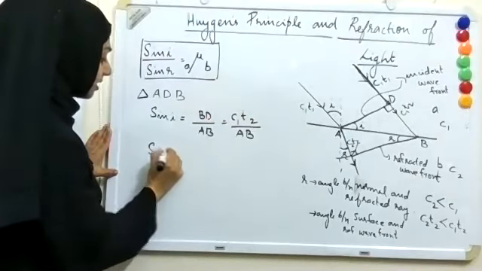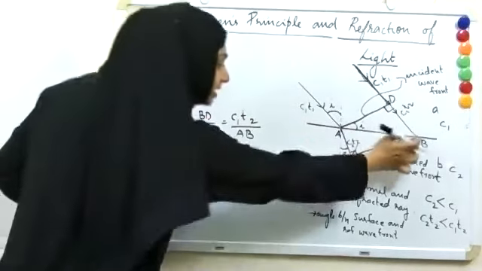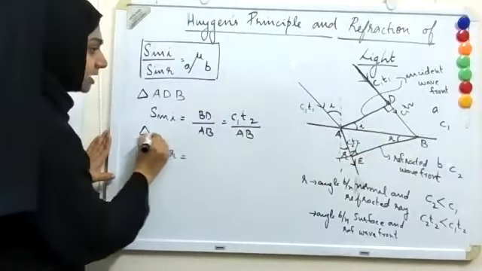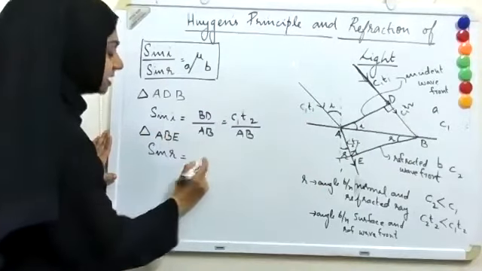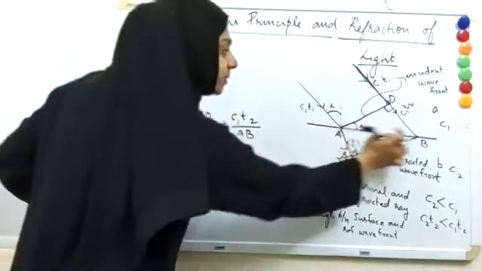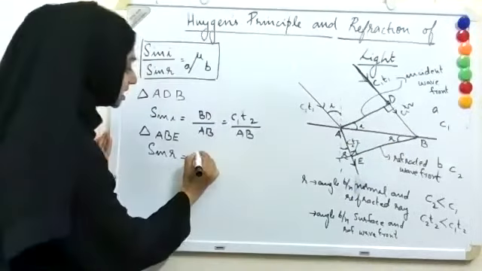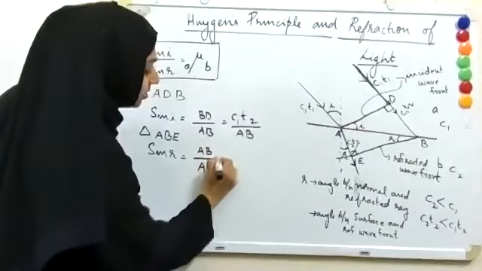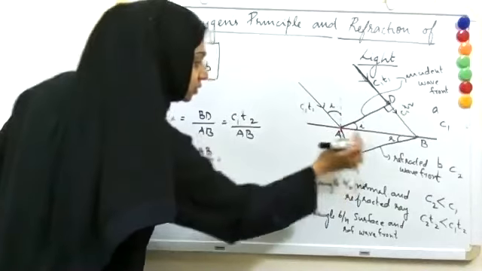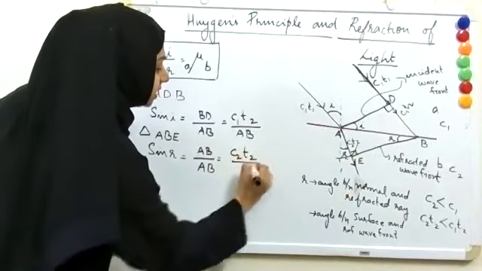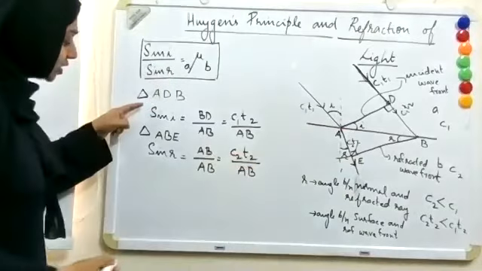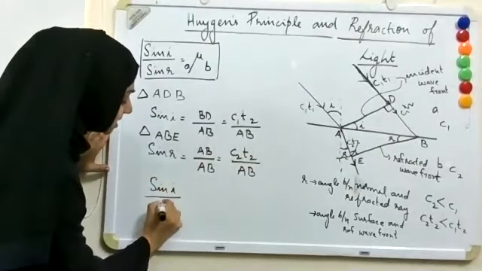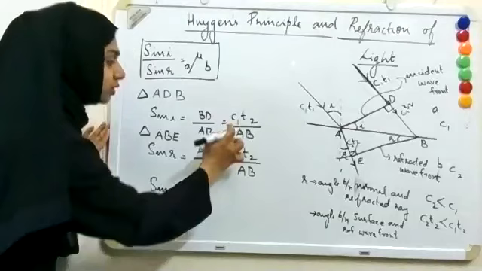Similarly, sin R is equal to, from triangle ABE, oh, I didn't mark a point here, E. So from triangle ABE, sin R is equal to opposite side by hypotenuse. Opposite side is what? AE divided by hypotenuse AB. So AE is equal to what? C2T2. So sin R is C2T2 divided by AB. So if I take sin I by sin R, I will get sin I by sin R is equal to C1T2